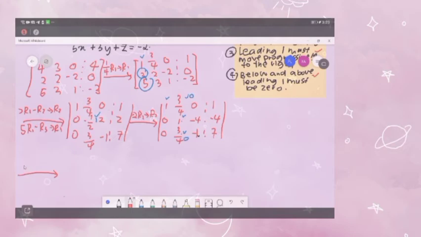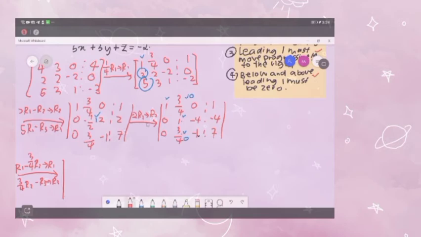So row number 1 minus 3/4 row number 2, we will put it at row number 1, and 3/4 row number 2 minus row number 3, and we will put it at row number 3. Okay,